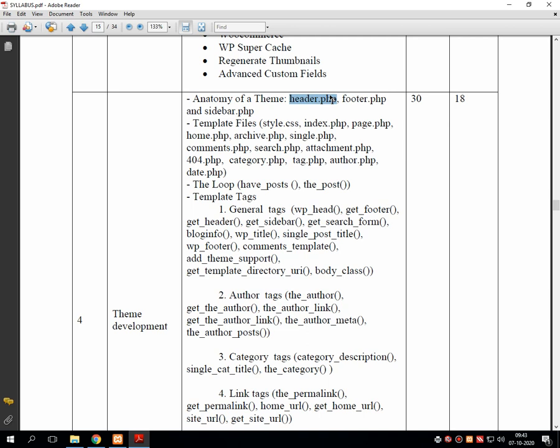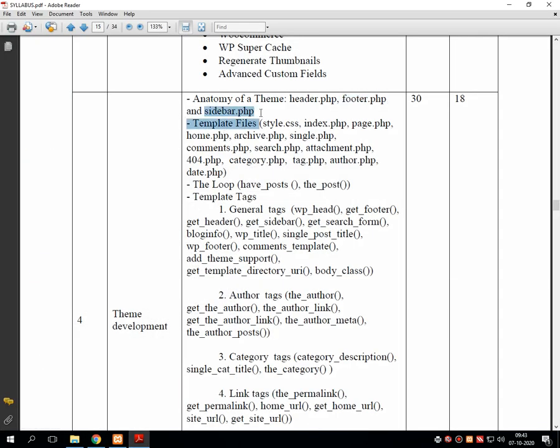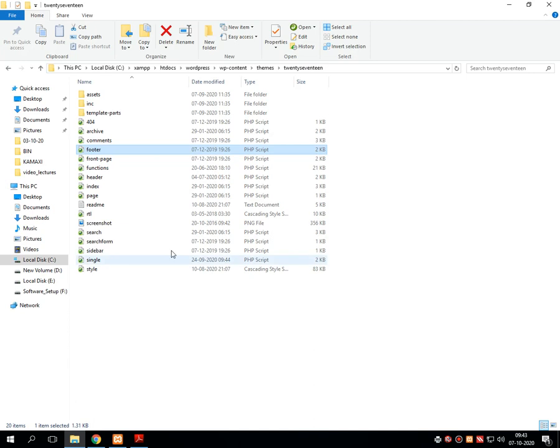Then there is footer.php, just go for footer.php, it's there. Then sidebar.php, go for sidebar.php, it's there. So all three files are in this theme: header, footer and sidebar.